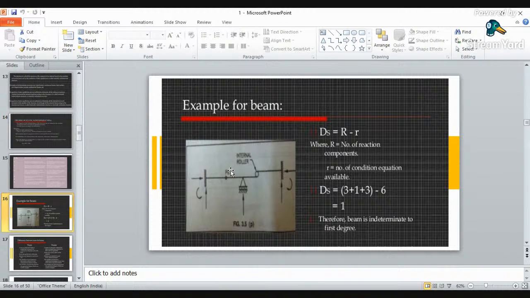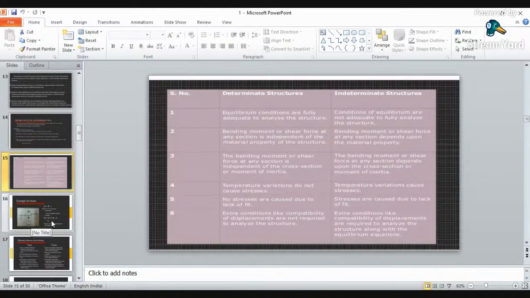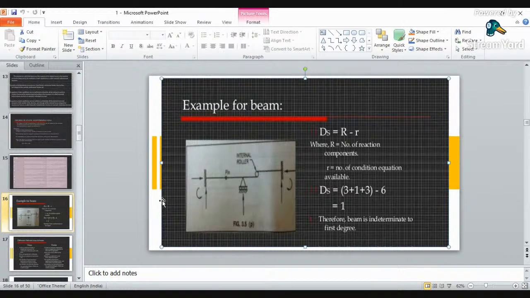Okay, we will go with this example. Observe this figure. So here your indeterminacy can be calculated as the total number of reactions minus the equilibrium conditions. Now here, as it is a beam, for a beam your internal indeterminacy is 0, because in a beam you will deal with only moments and the